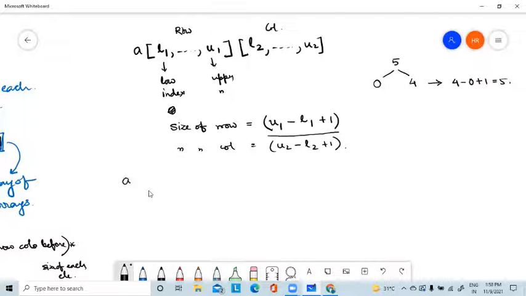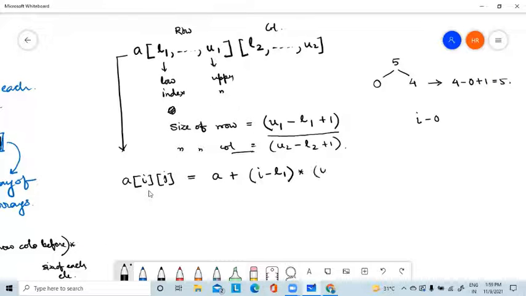Okay, now if I want to calculate the address of I and j in this particular representation of array, then it will be like this: base address plus, now see, I is the position and what is the lowest index value? L1. In our normal array we are calculating I minus 0, because lowest index value is 0. So here it will be I minus L1. Then the number of columns, into u2 minus L2 plus 1.